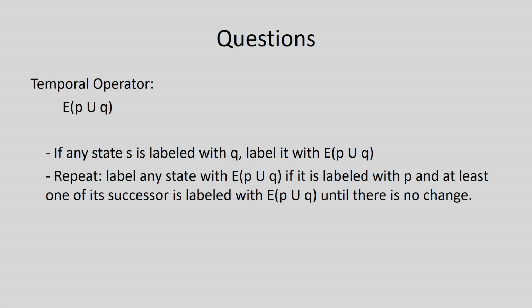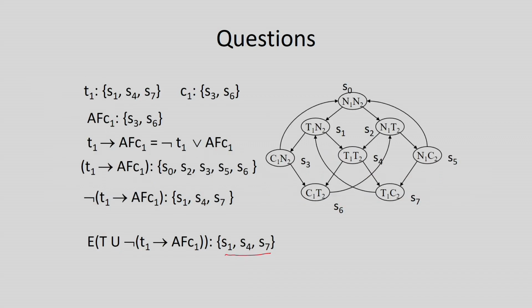Now, I am going to repeat this particular process. Considering S1, S4 and S7, when I go into the next level, we will see the predecessors of these three, so S0, S2 and S6 will come. From S1 I have a predecessor S0, so S0 will come into the picture. From S4 we have predecessors S1 and S2, S1 is already there, so S2 will come into the picture. And from S7 we have predecessors S4 and S5, S4 is already there, so S5 is coming into the picture.